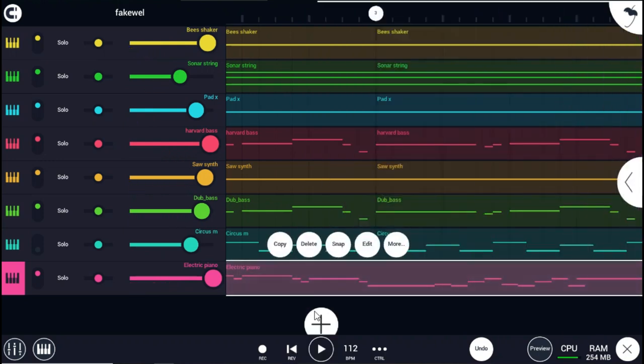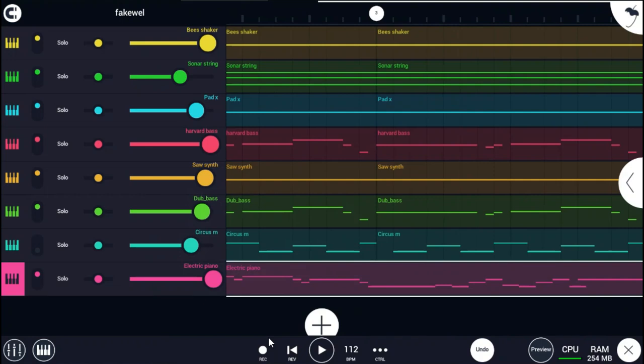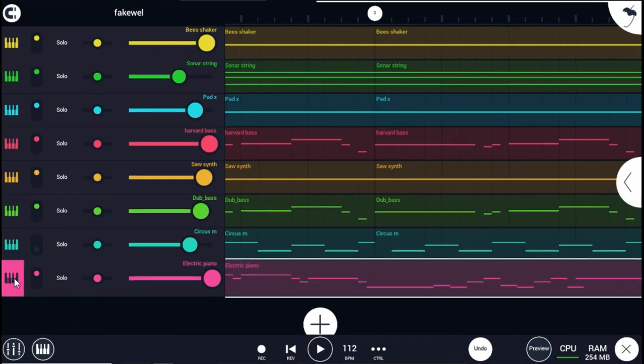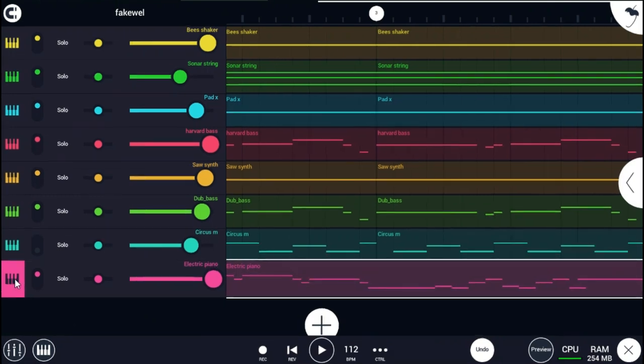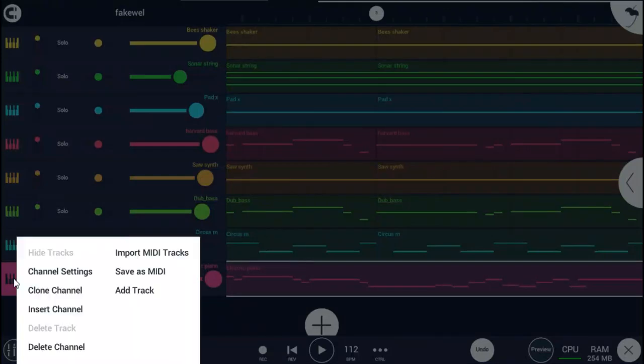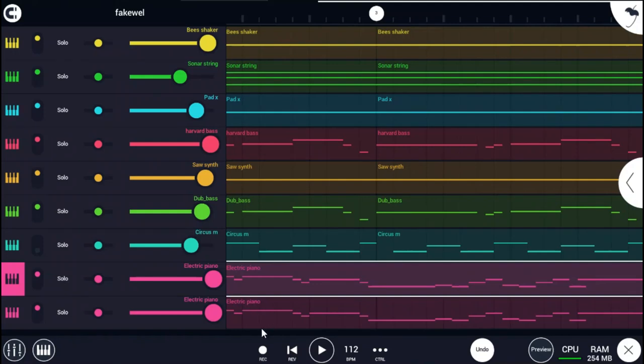To make this electric piano sound extravagant, I gotta double them so that they can sound really amazing and so that they can sound actually good. So what I'm gonna do now is that I'm gonna click this section here for more than 2 seconds. I'm gonna let go, and then it's gonna show me all these options here, and then I'm gonna say clone channel from there. We're gonna have 2 electric pianos